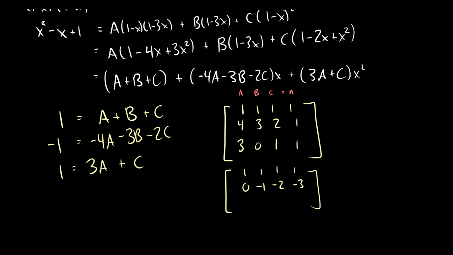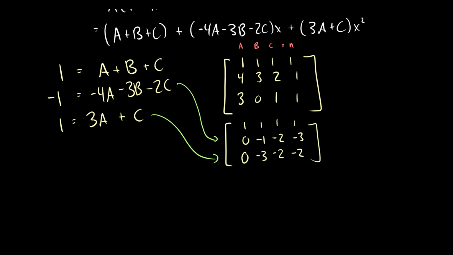And I'm going to subtract the first row 3 times from the third one. So this is going to be 0a minus 3b minus 2c is equal to negative 2. So essentially, this equation became that one, and this equation became the second one, after some manipulation. Okay, so